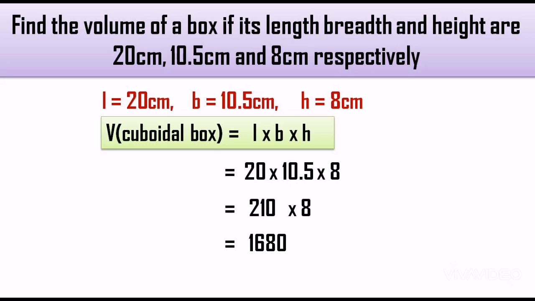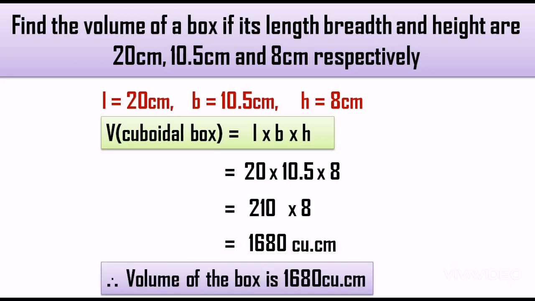Now what we have to remember, after carrying out the answer for the volume, we need to give a unit to that answer. So this unit can be written as cubic centimeter, the way I have written, or you can write only cc. First C represents cubic, second C represents centimeter, or you can just write centimeter and then give a cube, that is raised to 3. In this manner you can write the unit, but do not forget to mention the unit. And in the final answer we have to write then volume of the box is nothing but